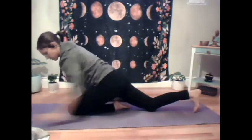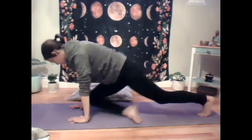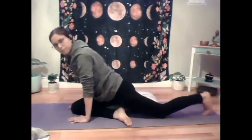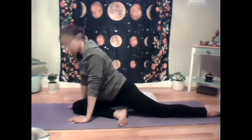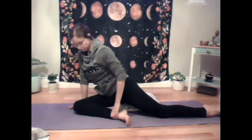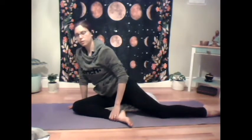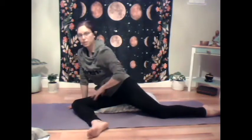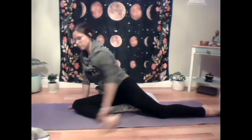So I'll swap sides again so we can see what's happening. Tucking one pillow under the bum, untucking the toes, experimenting with how close this foot is to the groin. Closer would probably be more comfortable. Too far away and you'll get a really deep stretch in the hip. So depending on what you're looking for,